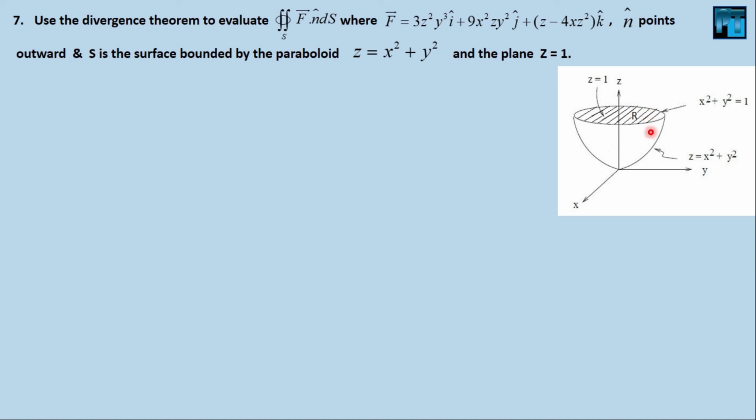Now see, there are no particular upper and lower limits given for the variables. Only z equals x squared plus y squared is given, and z equals 1. So you have only z equals 1, that value, and x squared plus y squared equals 1, that value. It is clear that we will have to use the polar form, because x squared plus y squared equals 1 indicates a polar form, but it also indicates that there is a Cartesian form also, because there is no polar form for z here. That's why this is a unique problem.